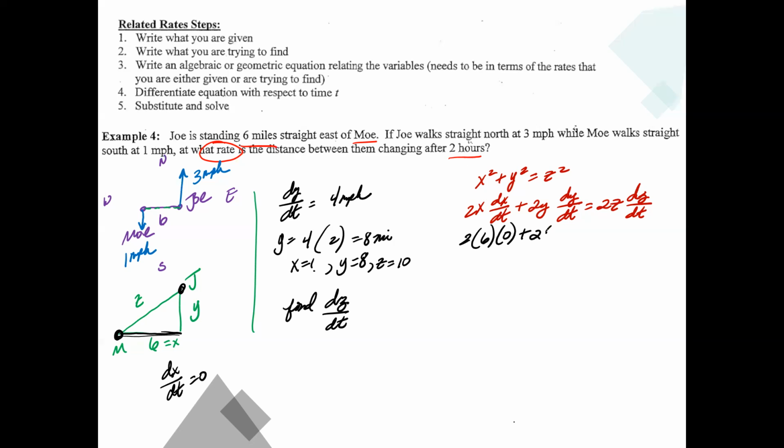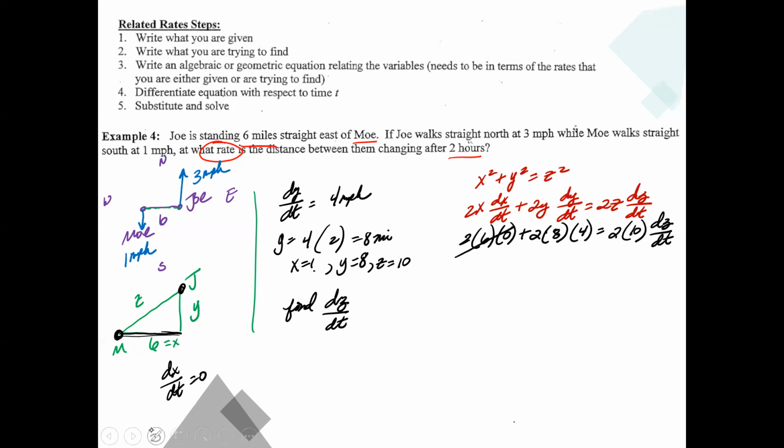Well, y is going to be 8, so I'm going to put 8 right here. I know that dy over dt is going to be the change vertically, and that is going to be 4